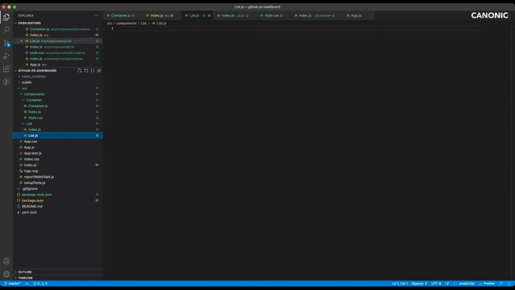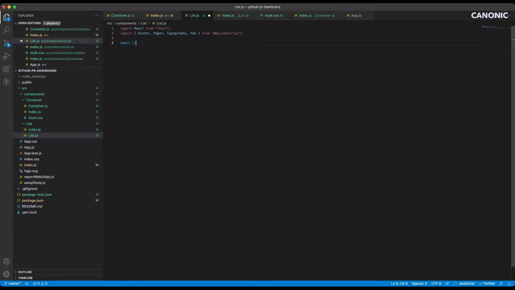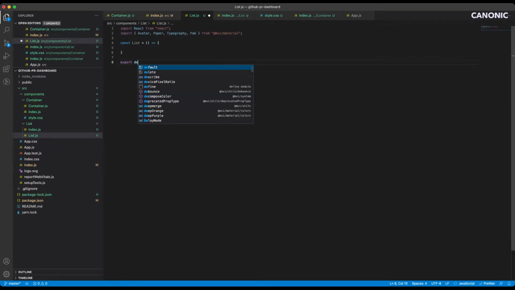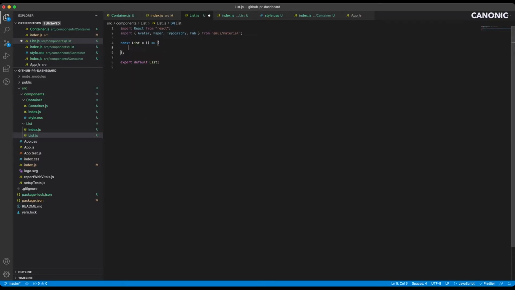We'll go to our list component, import React and all the other UI components that we're going to be needing from the Material UI library. Let's create a function called list that will have all the code required. Let's export it. Great.